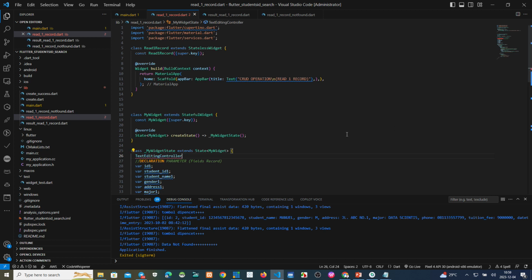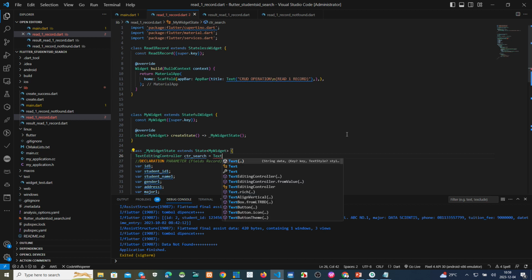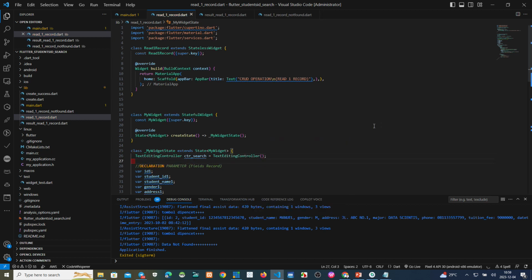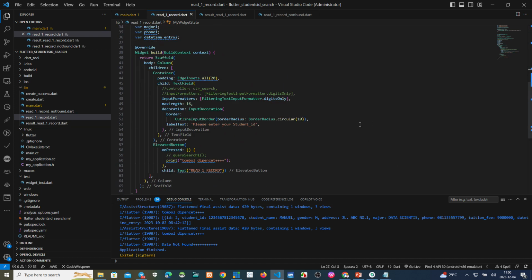Okay, and then we make ctr, this is a controller name, assert name, TextEditingController here. Okay, so the controller name. We make this one, open this.